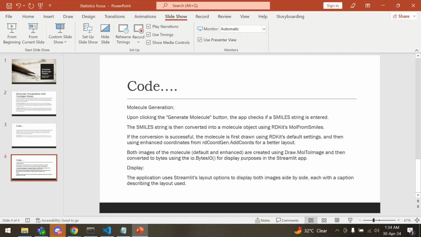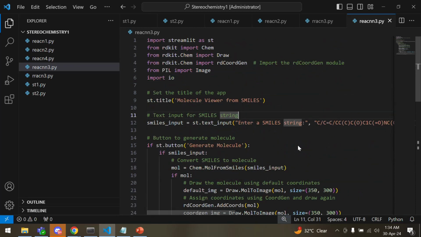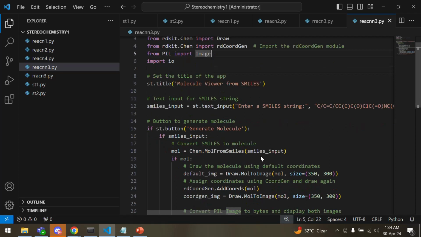Okay, so let's look at the code itself right now. This is the piece of code that I was mentioning, and what exactly you need to use RDCoordGen. You see in the fourth line itself, I've called in the RDCoordGen library, which helps us to visualize the molecule in the RDCoordGen format. First we are giving a title, and we are putting a default string. I will show some examples that will help you with other types of molecules that you want to try out,